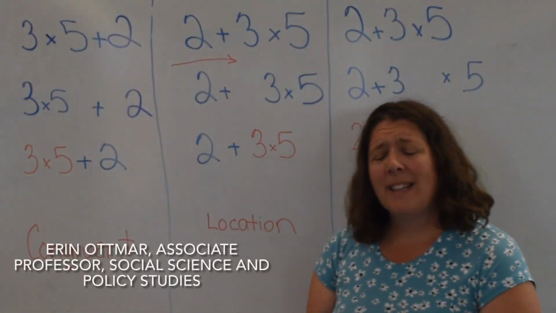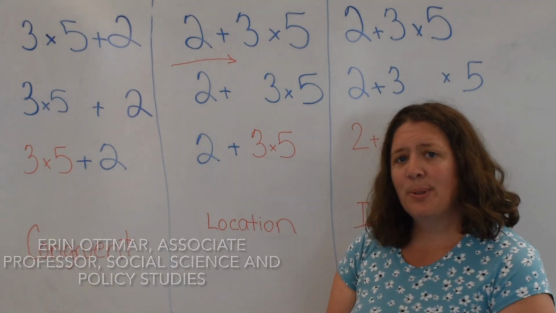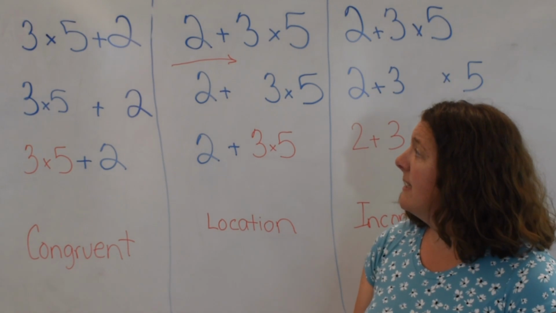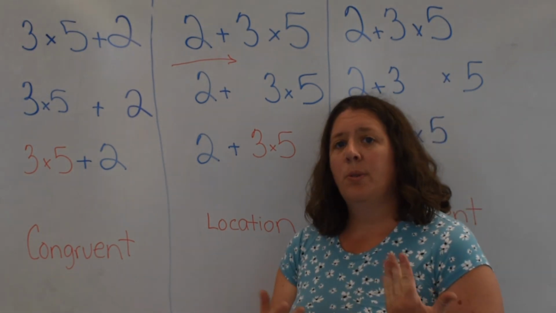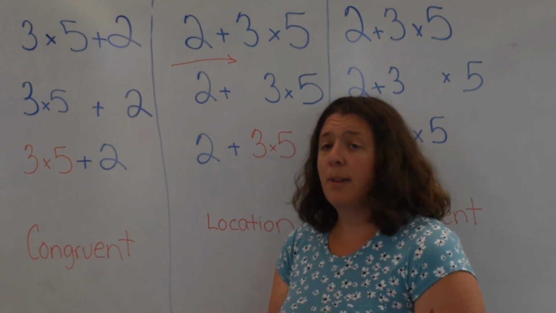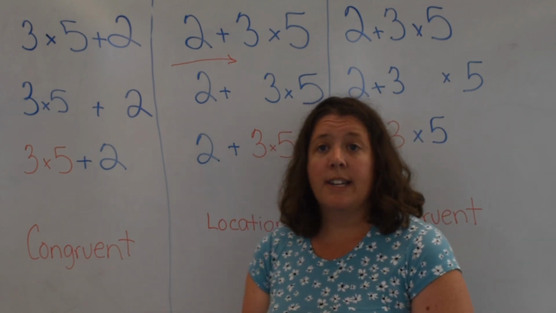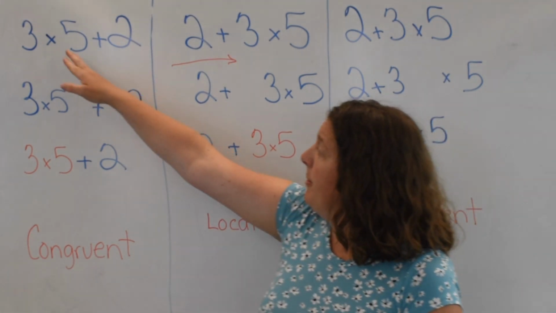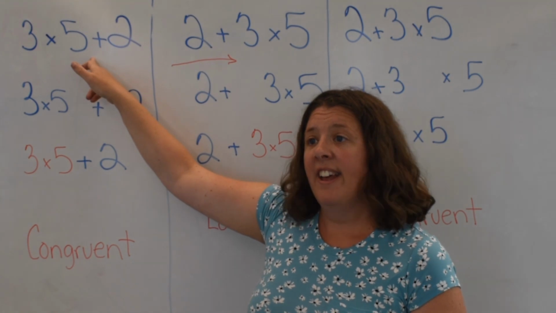So a core concept that students are introduced to in later elementary and early middle school is called order of operations, and it's a basic principle that when you're solving math expressions, you want to do higher order operators first, like multiplication or division, and then you move on to lower order operators like addition and subtraction. So in this problem, students would need to know that they need to multiply 3 times 5 and then add